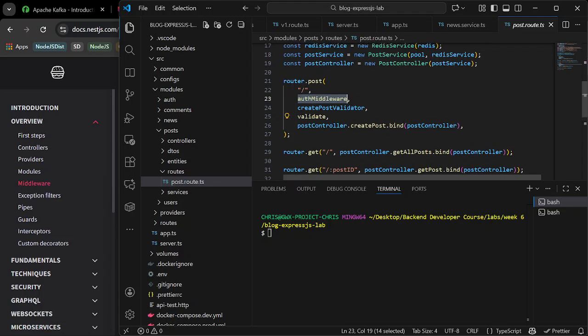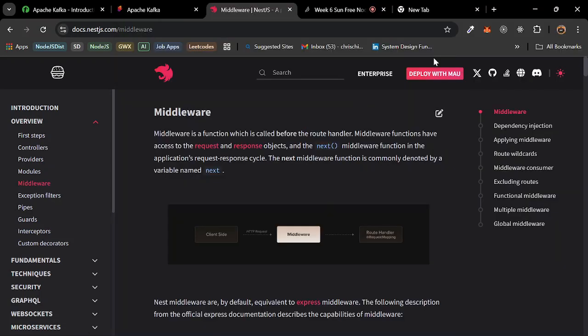In NestJS we have that also. Middleware is a function which is called right before the route handler. This is a perfect example. This is the route handler, and these functions are called before this route handler.